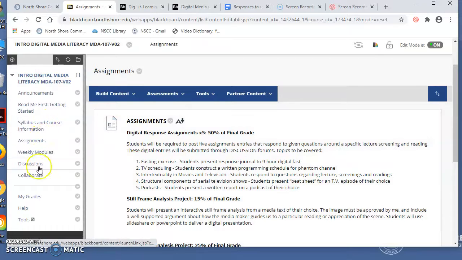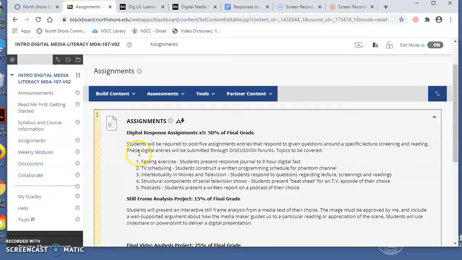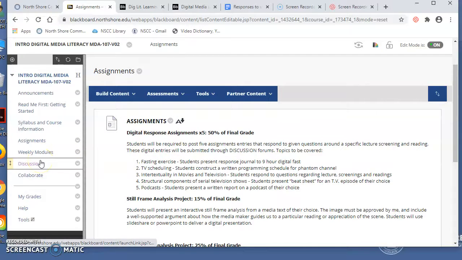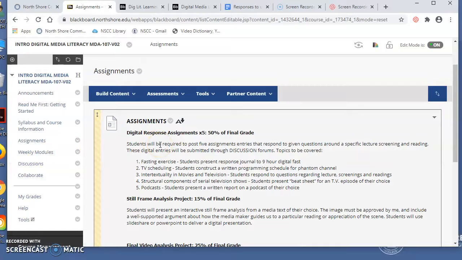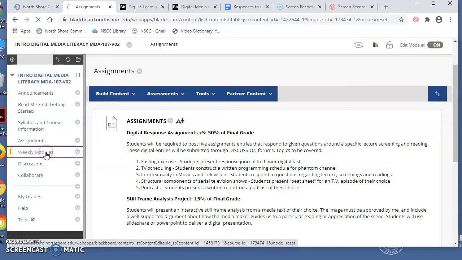And you can gain access to that through my grades over on that side. As each assignment is delivered through the discussion thread, I go in and I grade it and I respond to it all. And then each week I also give you a synopsis of what I was kind of looking for that week. So let's just jump to modules here.